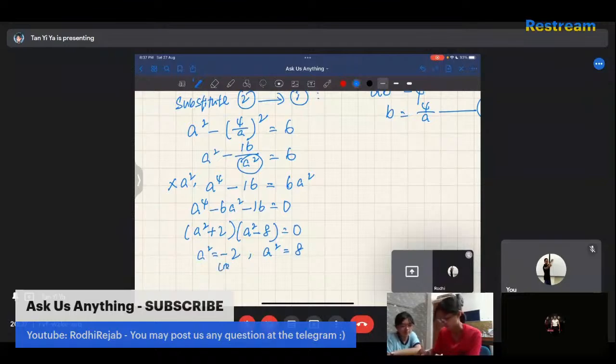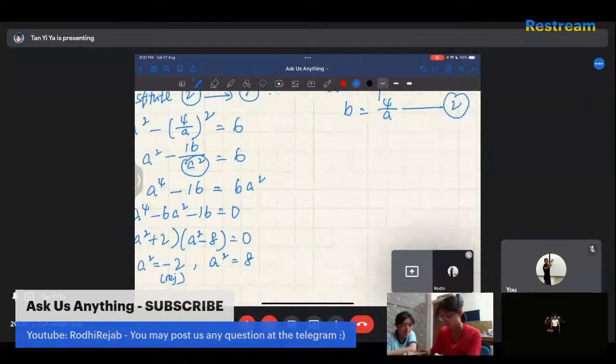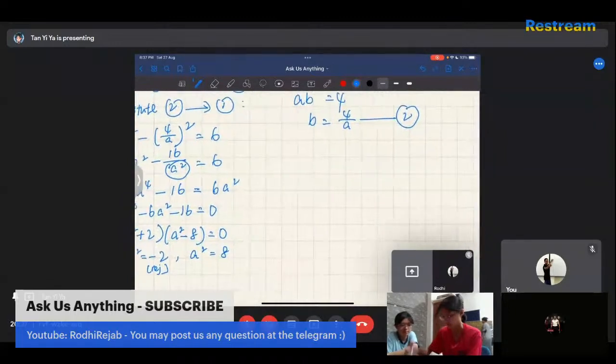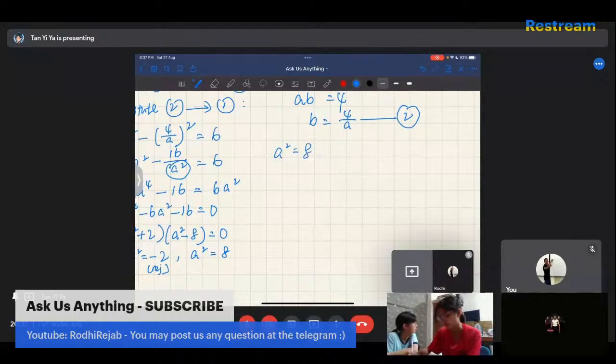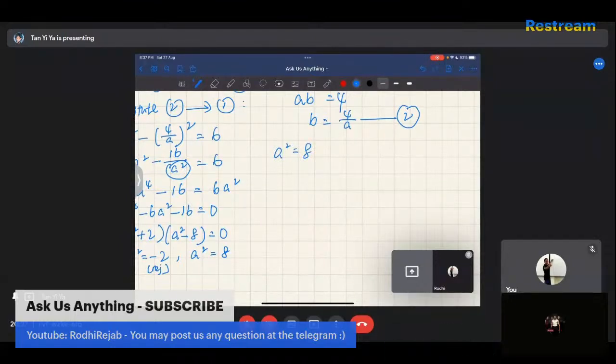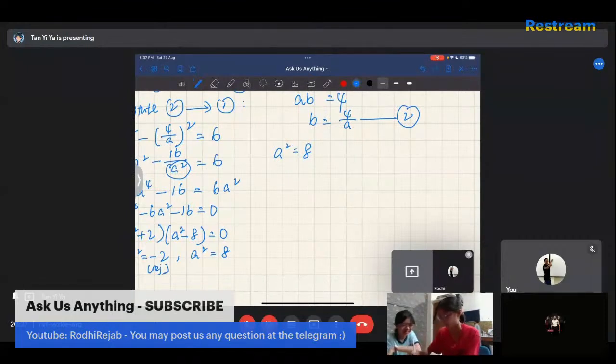So the negative value will be rejected. So we can find the value of a now. a is equals to plus minus square root of 8. So it will become 2